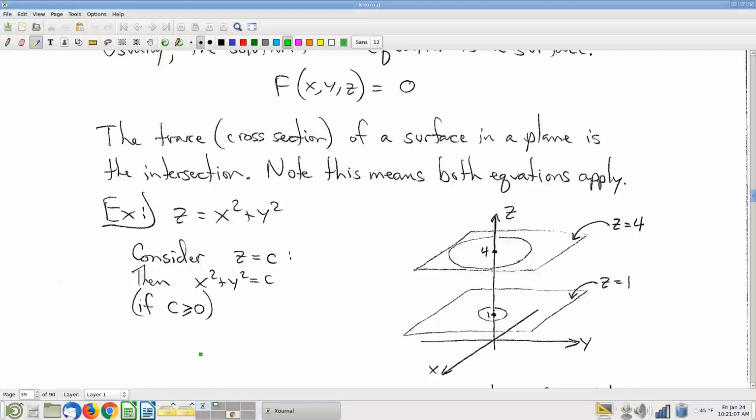Okay, so here's what we were doing last time. We were talking about cross-sections. What I like to call cross-sections, what the book likes to call traces. I just feel like the term cross-section is more relatable. And the big idea is that if you're trying to understand some surface, some yet to be determined surface that